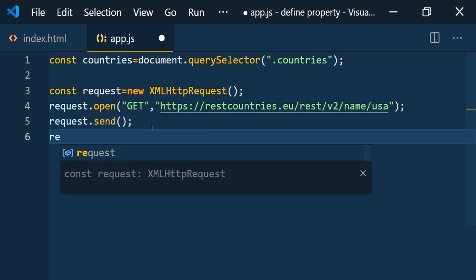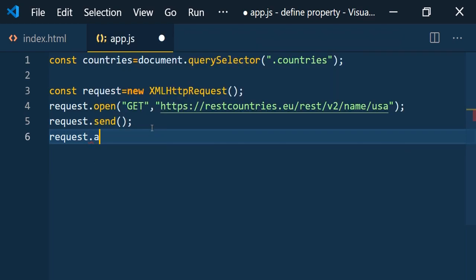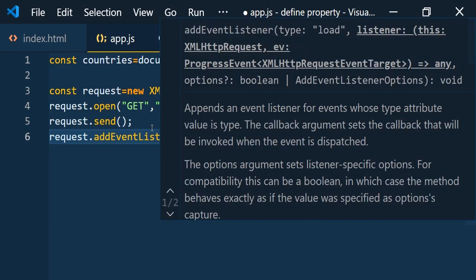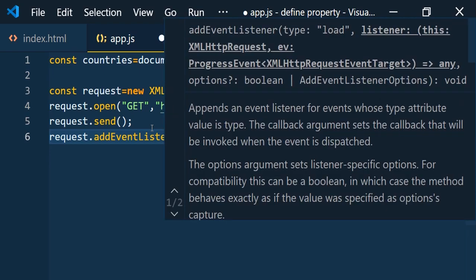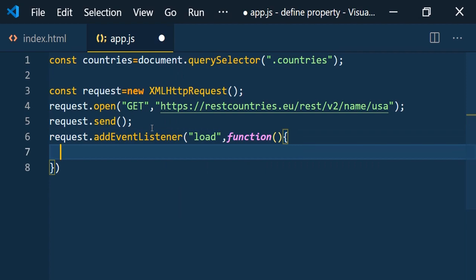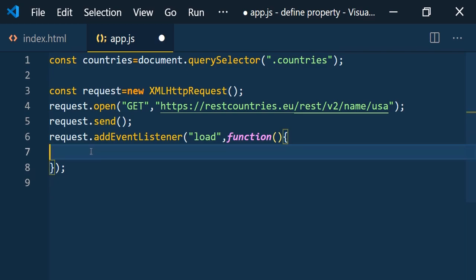We know that using addEventListener you can listen to any event. So request.addEventListener, the event name is load, and it will take a callback function, and here we will be receiving the data, and that data will be available in the responseText of the XML HTTP request.